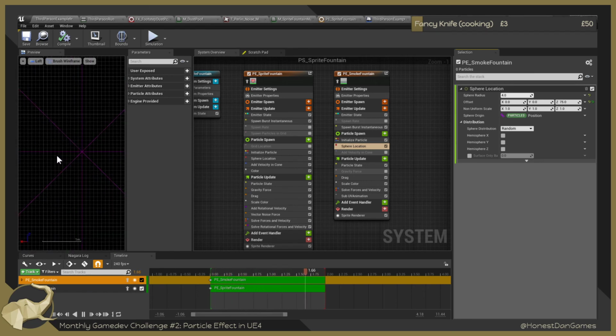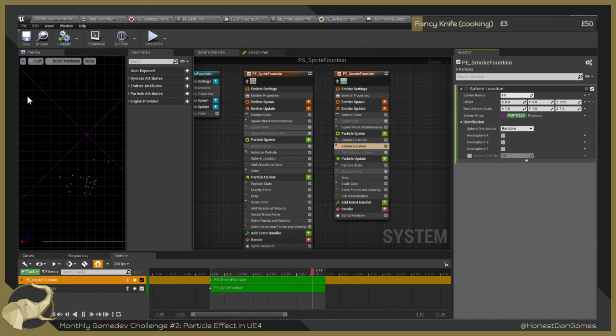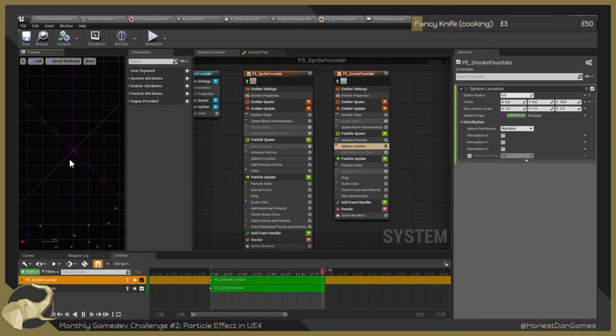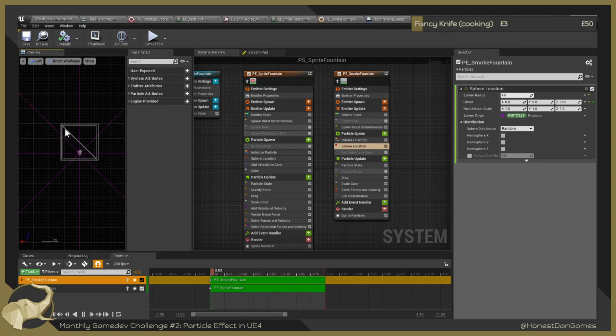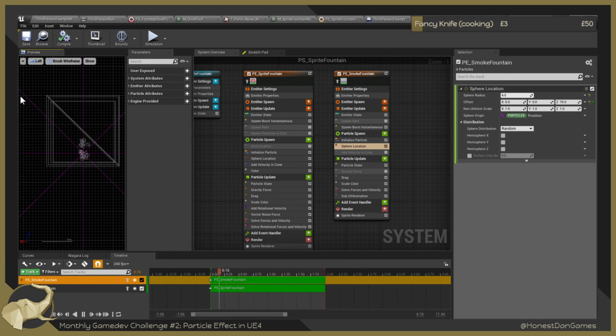And then hold tab. Not tab, sorry, the middle mouse button. I don't know why I said tab. When I pressed tab, it put a dotted line down for a sec. I thought we were in the